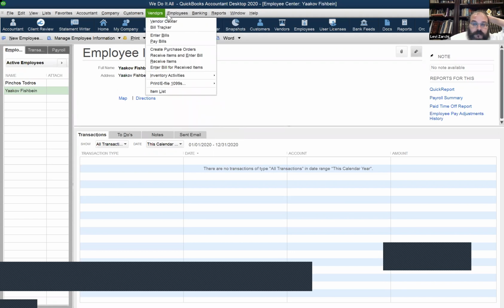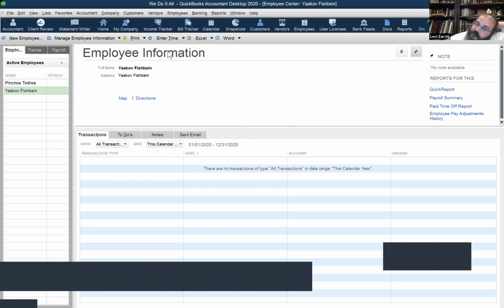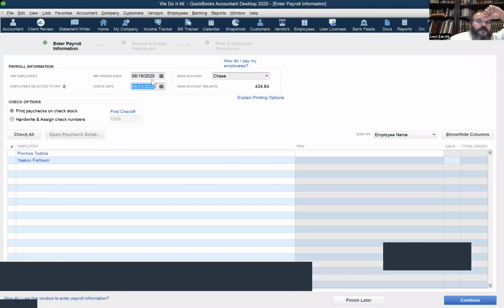Pay employees, it's 6.5. Okay, see, it automatically went to 6.19 because we already created a check for Pinchas Tadris at 6.5, and it assumes if you're doing the check again, it's 2 weeks later. Just like QuickBooks keeps track of your paychecks. Once you use a check 1006, it'll choose the next check number. Same way, it keeps track of the date. I'm going to go back again to today, which is 6/3. I'm going to choose Yaakov Fishbein,